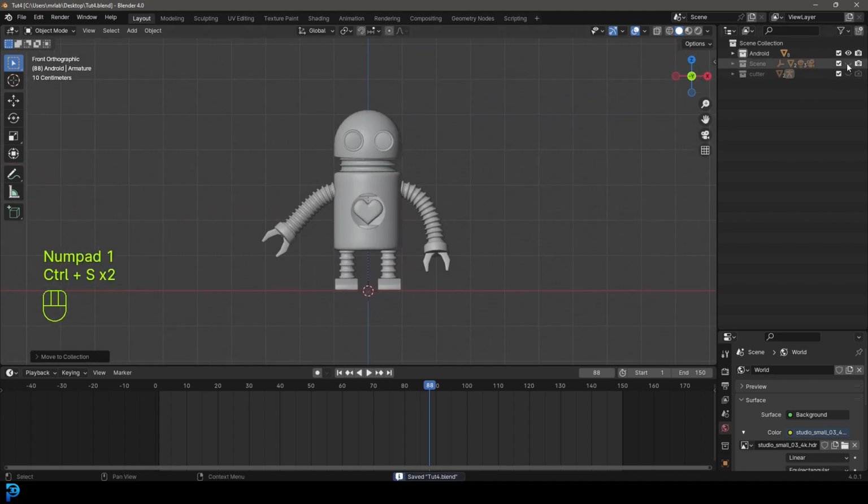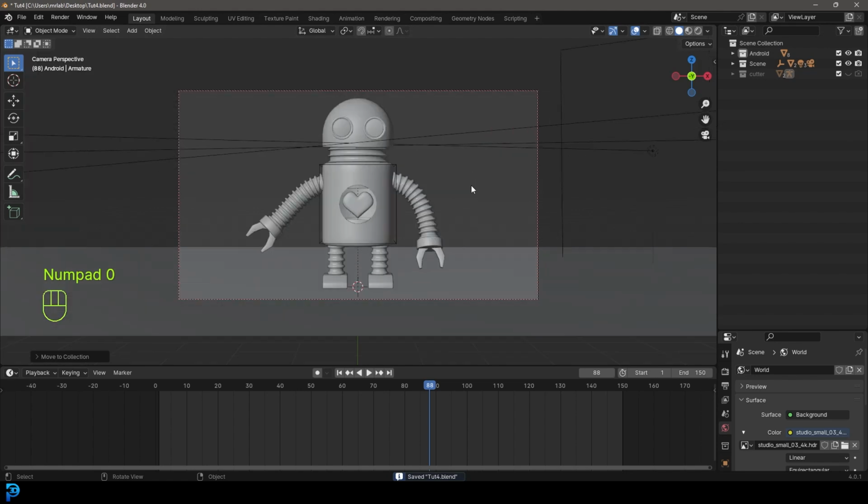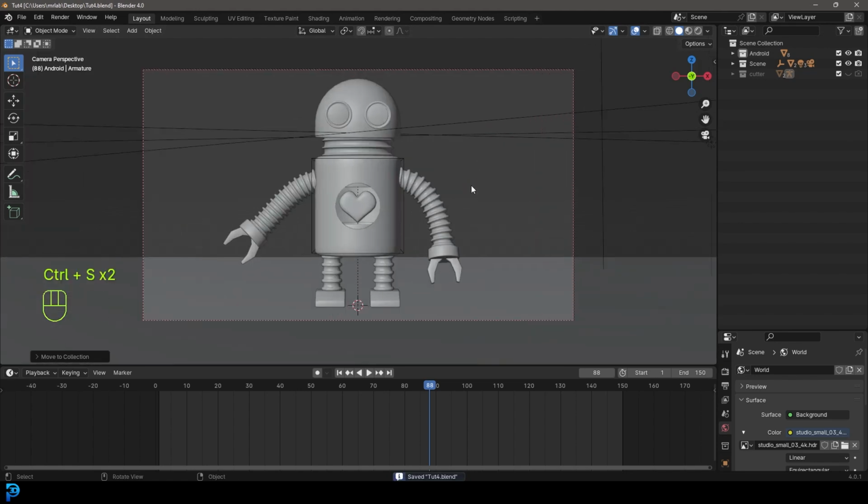So there we have it. So now we're a lot more organized. I'll just bring the scene back, go into the camera view,